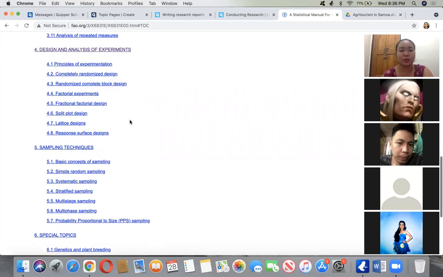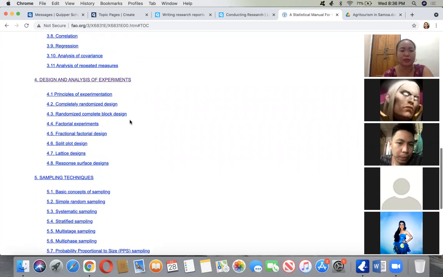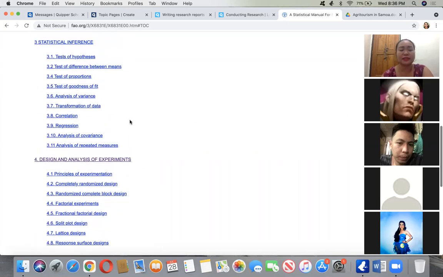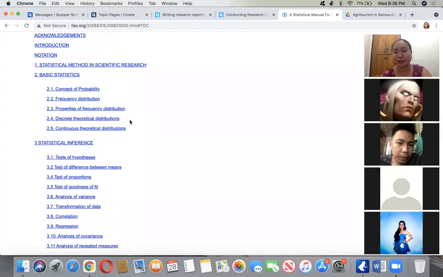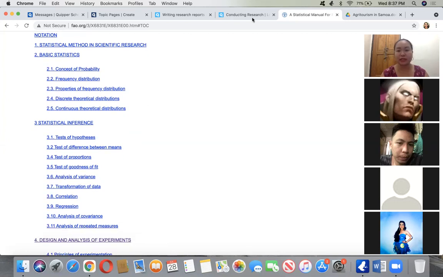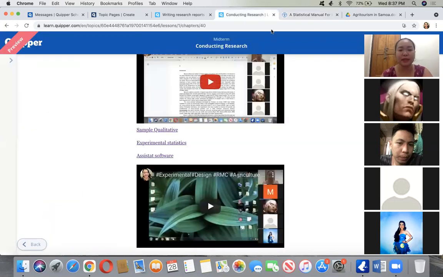And why they had to do the sampling anyway, and it's just like a dictionary that you cannot memorize all the words and the terms. Maybe you are familiar with some but not really all, so you always have to have this book by your side, like a dictionary. So going back here